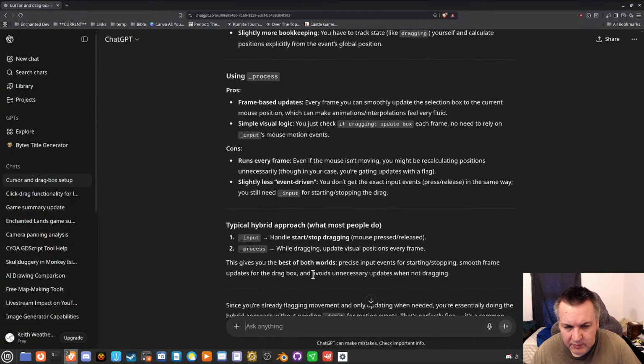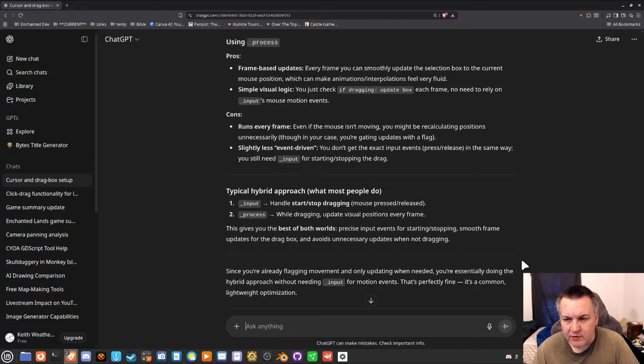That's the cons. Pros: frame-based updates. Every frame can smoothly update the selection box to the current mouse position, which can make animations and interpolations feel very fluid. Simple visual logic. If you just check if dragging, update box each frame, no need to rely on input mouse motion events. Runs every frame, even if the mouse isn't moving, you might be recalculating positions unnecessarily, though in your case, you're getting updates with a flag. Yes, slightly less event driven. You don't need the exact input events in the same way.